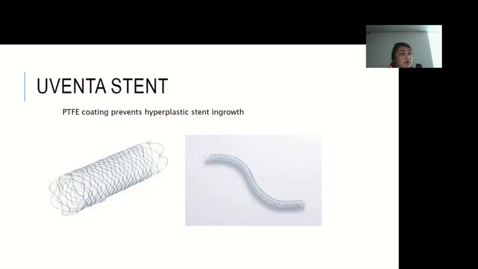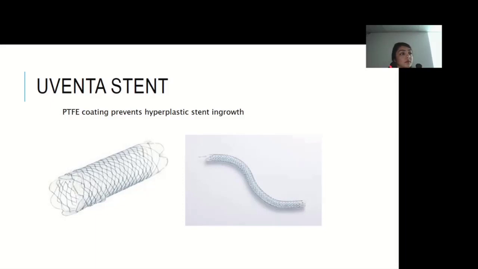The picture you have shown is actually related to the previous slide. It should not be here because it gives a wrong impression that this is a PTFE stent. It's not a PTFE stent. There is no stent which is a PTFE stent. PTFE is actually a substance which is like a paint. It can be painted on anything. For instance, you have your own utensils in your houses, for instance a saucepan, and things like that are coated with PTFE.